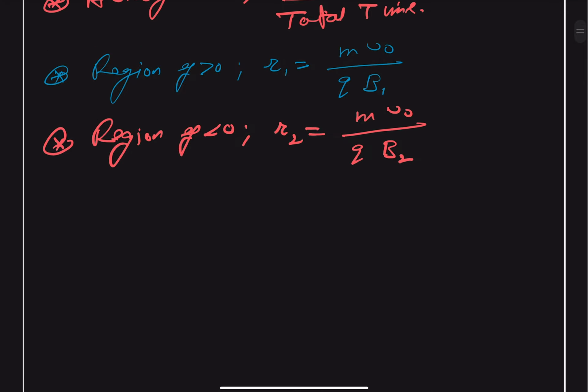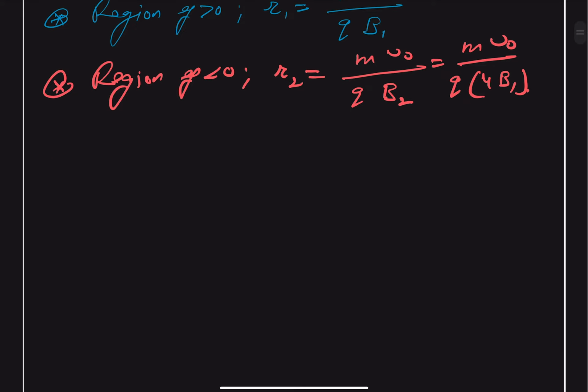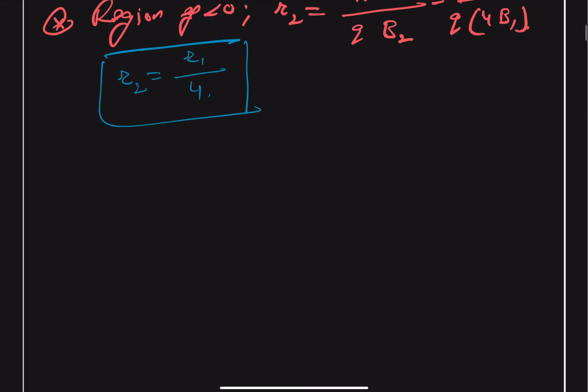And we know that our b2 is 4 times b1, so we can write here q, and this comes as 4 times b1. So we get the relationship between r2 and r1, so r2 will be equal to r1 divided by 4. And similarly, we can write for time period,